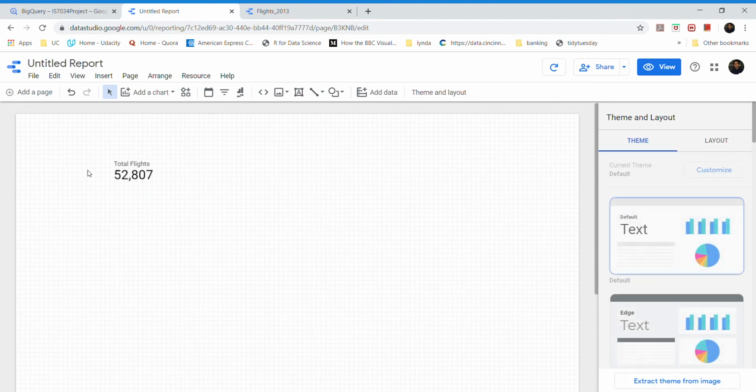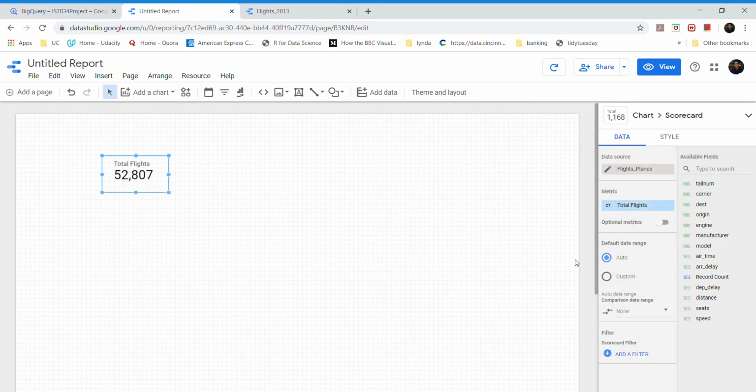Now what you can do here is create a filter for this. Like if you want to understand which are the flights that come from a certain source, a certain place in the record. So for that, let's build another scorecard.